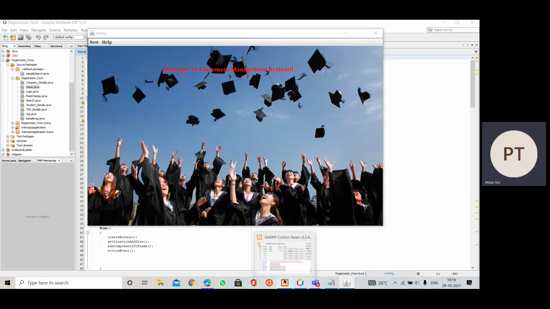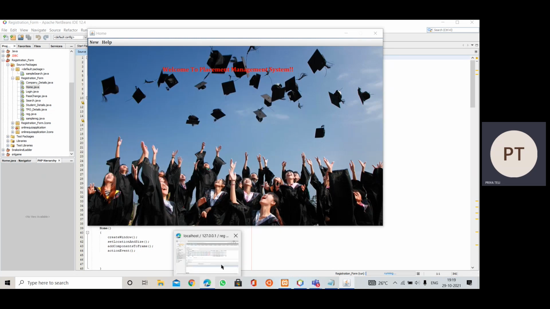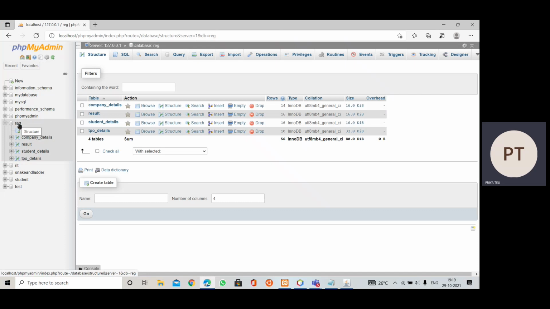So firstly, you will have to start both the servers, that is Apache and MySQL server, and then you will have to create a database for this. In my case, I have created a database named Reg, and these are a few tables for storing details like company details, result, student details, TPO details. So we will see this later.